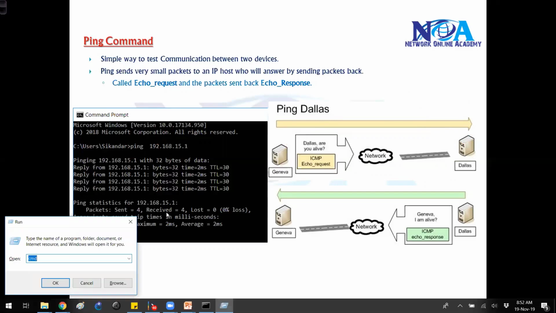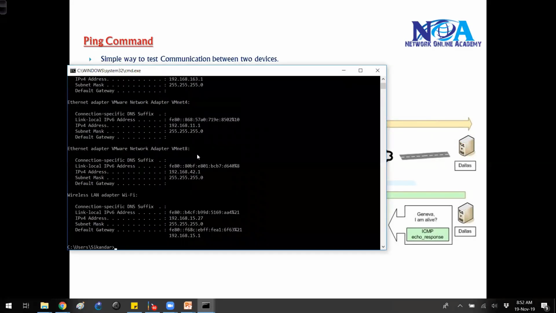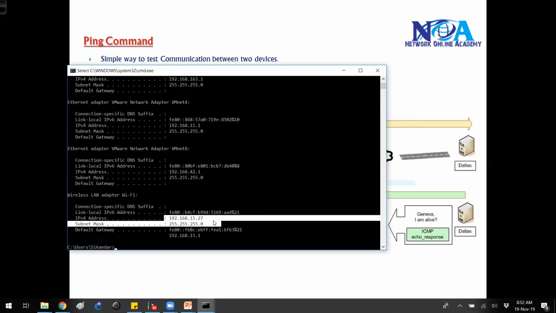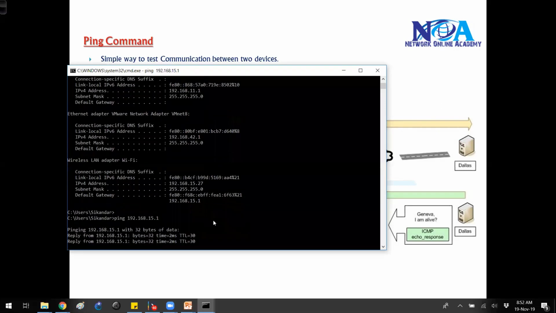In my case, on my laptop, I have verified my IP address. My IP address is 192.168.15.27. I have a wireless router whose IP address is 15.1. I want to see whether I am able to communicate with my wireless router or not, so we simply use a ping command.